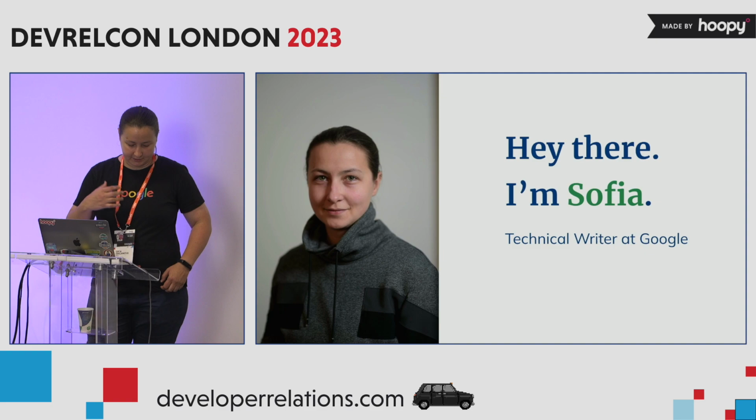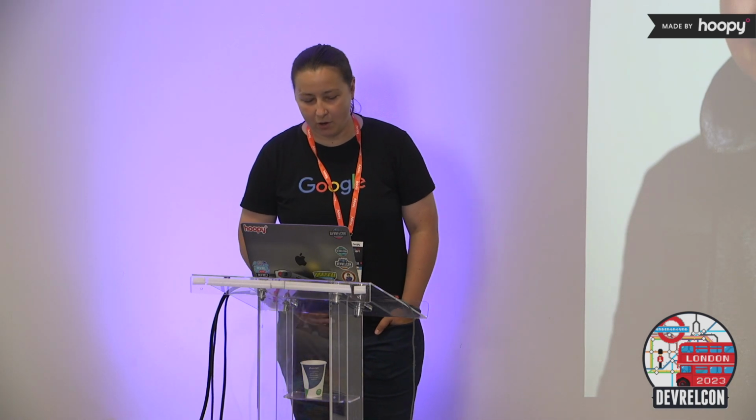But before I start sharing advice, who am I? My name is Sofia, and I'm a technical writer for Google. I develop documentation for Chrome developer tools. And I enjoy teaching web developers how to debug the web. I am also an accessibility advocate, and I work with other authors and writers to encourage all writers to create accessible content. I'm here because accessibility is critical for current and future generations of developers, and accessibility needs are more than the products that we build. We should create accessible content as well.